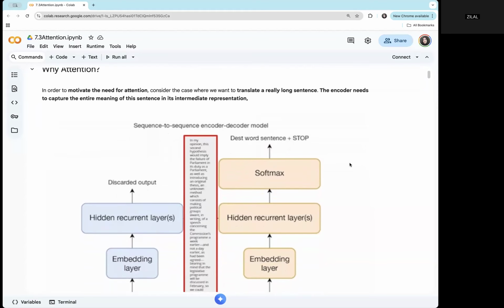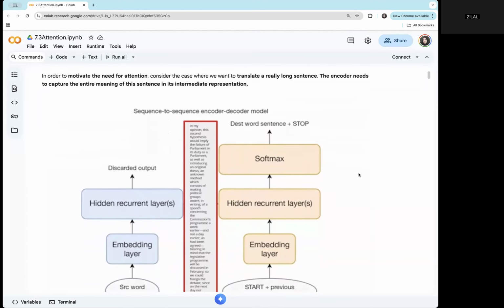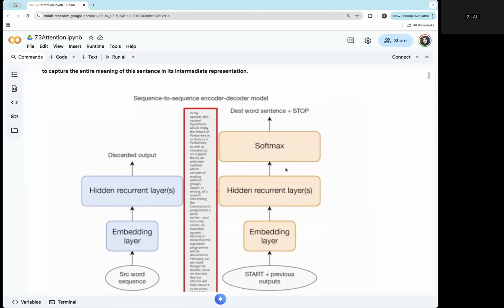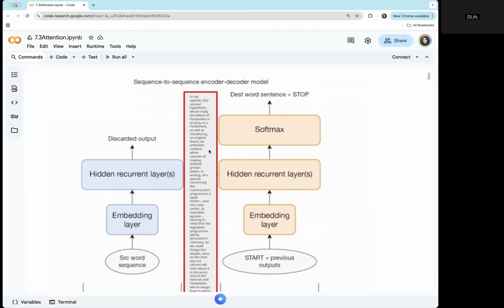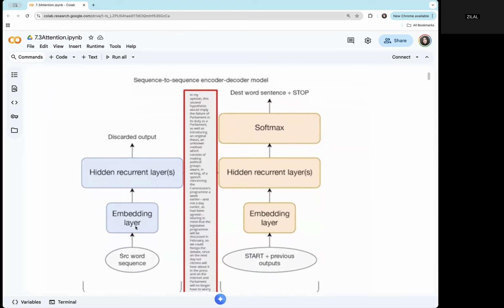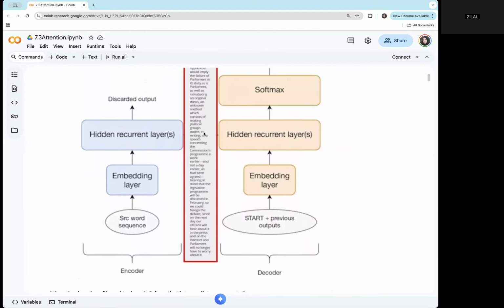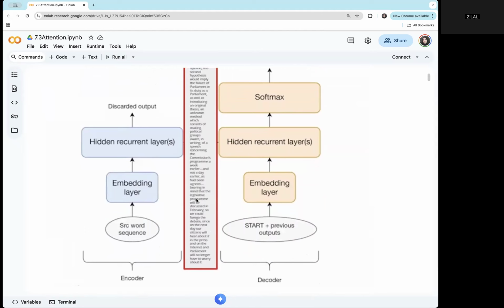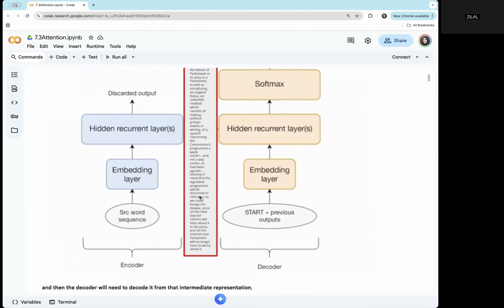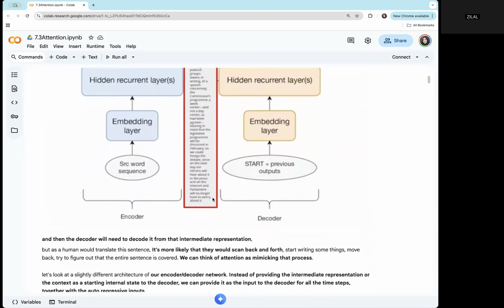To motivate the need for attention, consider the case where we want to translate a very long sentence. The encoder needs to capture the entire meaning of this sentence in its intermediate representation. So here we have the encoder, and this is the intermediate representation of this example of a very long sentence. We want to translate it into another language, and then the decoder will need to decode this sentence from that